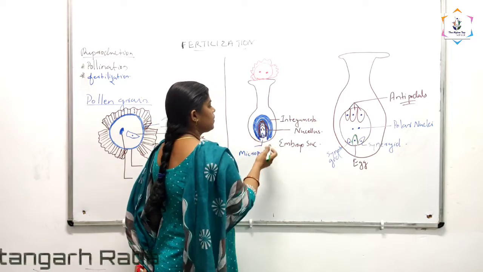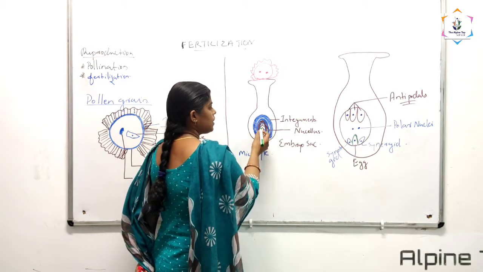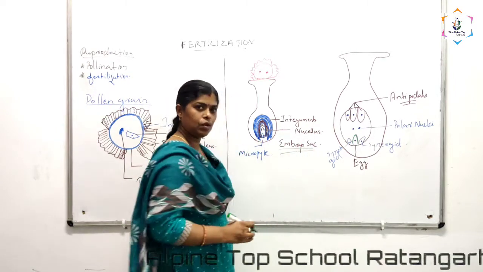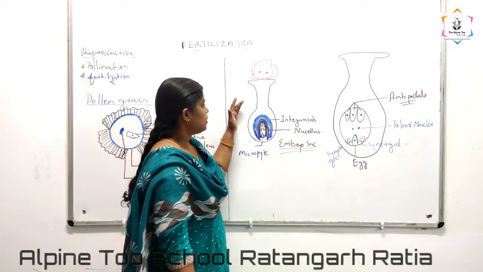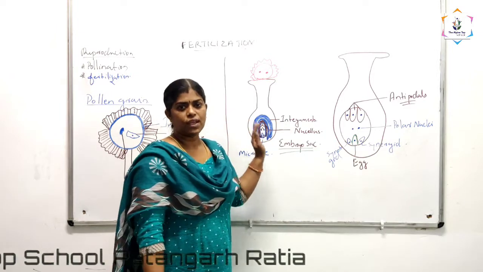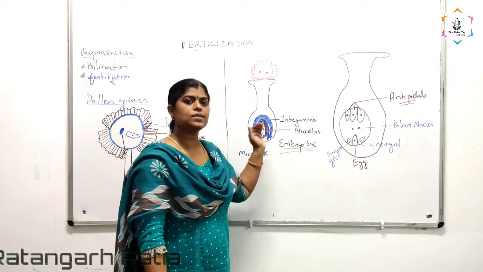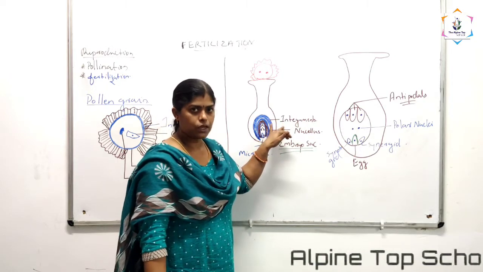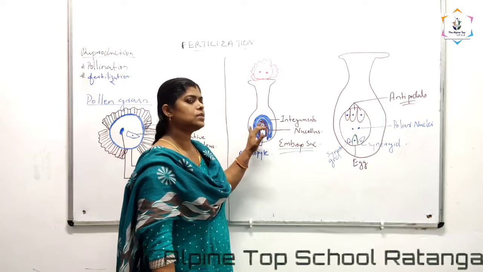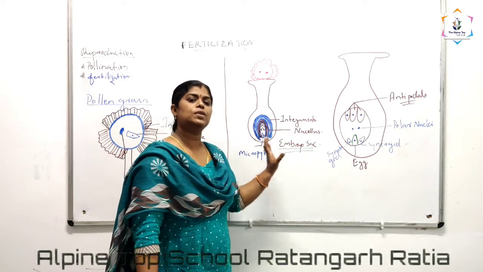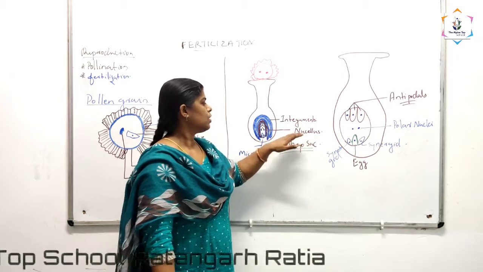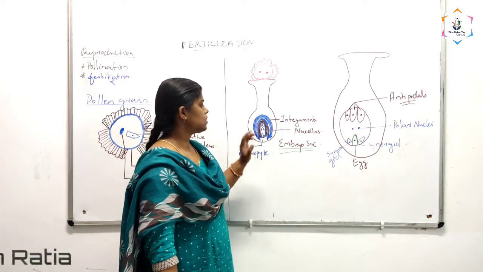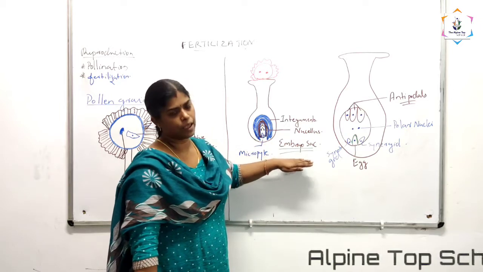Okay, nucellus. And inner to that, you can see a portion, and this portion is known as the embryo sac. Okay, so what are the structures? In the ovary, the inner portion of the ovary, that is known as the ovule, and it gets protected by the protective layers, and that is known as the integument. And inside the integument, a mass of cells will be there, and that is known as nucellus, nutritive in function. And inner to the nucellus, you can see a special structure that is known as an embryo sac.